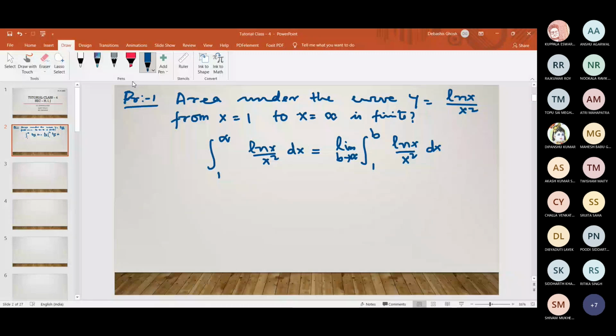If you come to that curve, for the point x equals 1, you have the curve something like that. It will go on, later on it will come to something. So this is your x-axis, this is your y-axis, and we are finding the area under the curve. If it goes as x tends to infinity, then it will not be possible for us to find out the area under this curve.